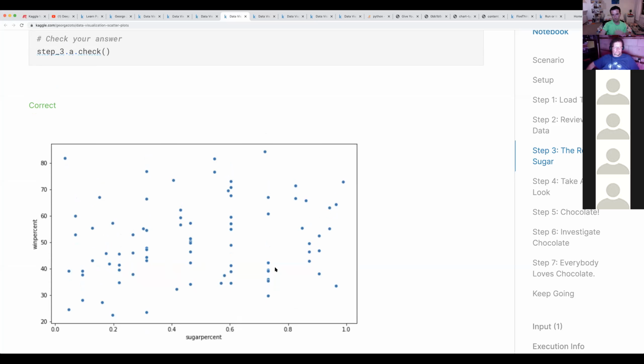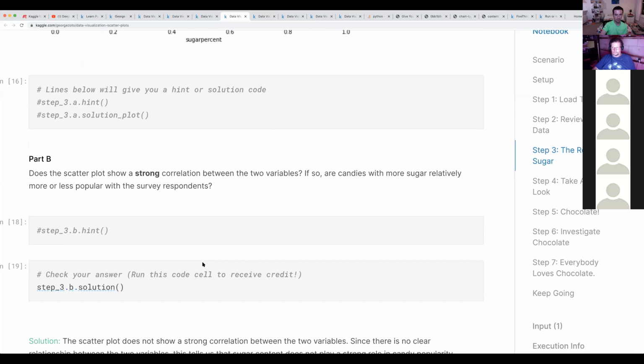It doesn't mean that the more sugar you add to your candy, the more popular it is. Is it positively correlated? It's kind of hard to tell. Then